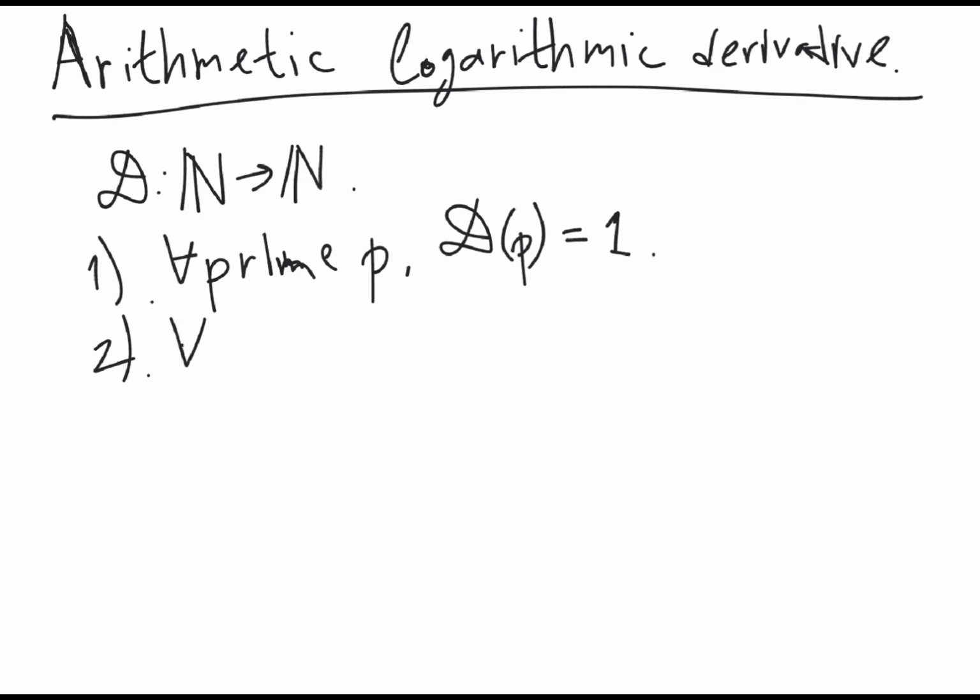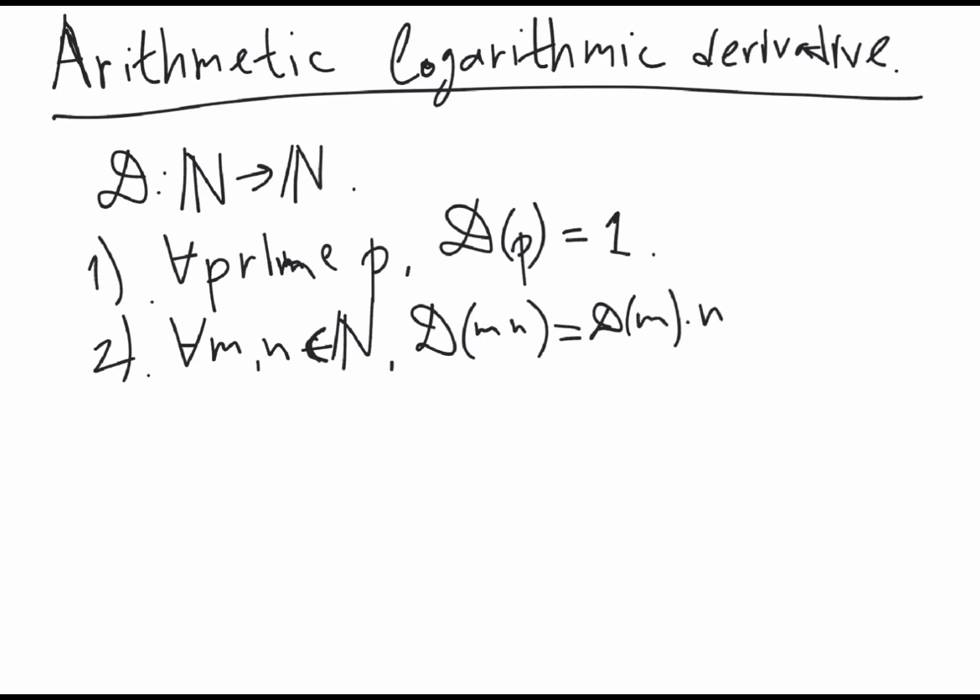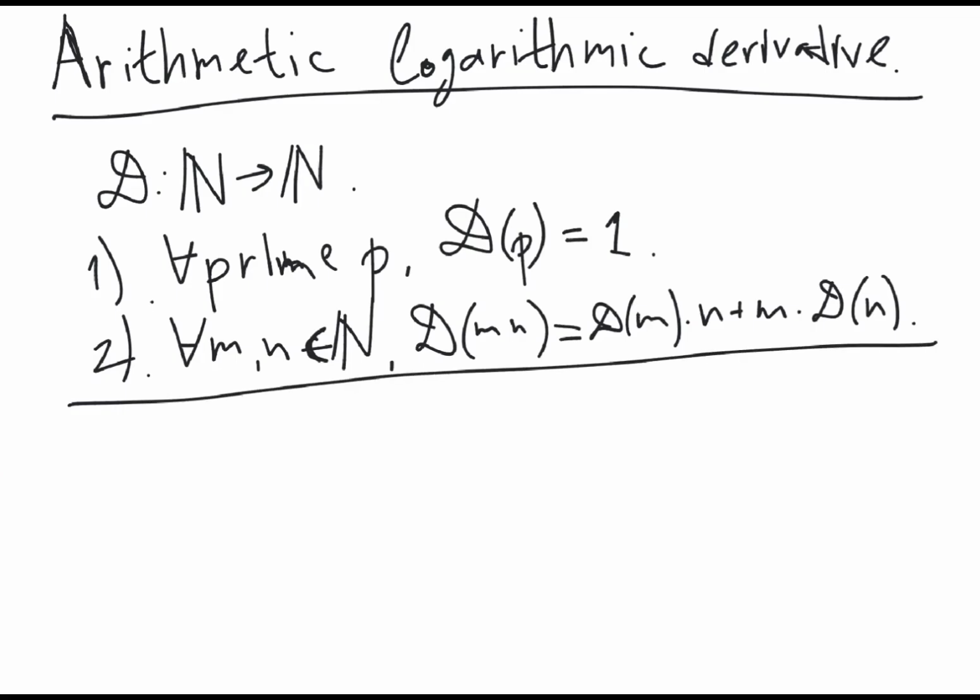So for all natural numbers m and n, we have d of mn is equal to d of m multiplied by n plus m multiplied by d of n. So this is the arithmetic derivative, and so now the logarithmic derivative is defined as